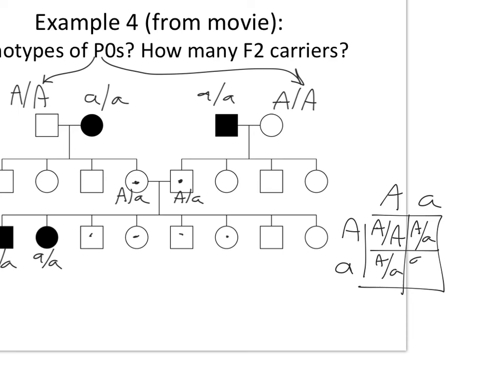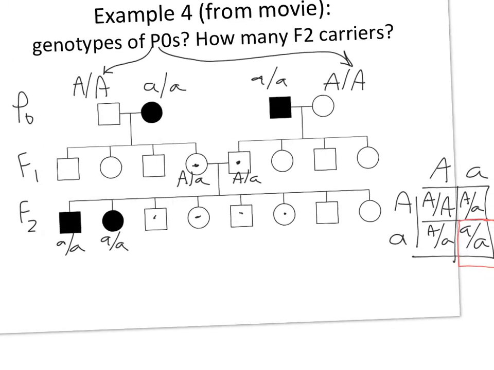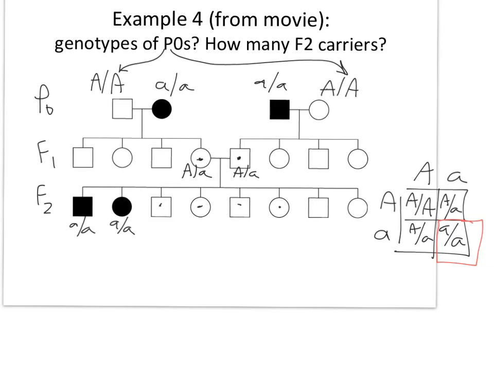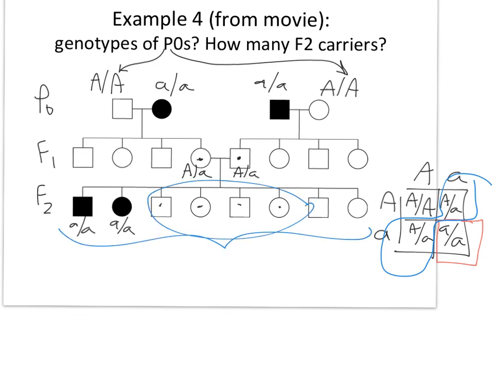So for every one diseased individual, lowercase a over lowercase a, you get 2 carriers, big A over little a. So if you've got 8 kids, you should have 1 affected, 2 carriers that are unaffected, and then a third unaffected kid. Would there be 2 more carriers in the F1 generation? Well, it's 8 kids, so for every 4 kids, 2 of them should be carriers. So if you've got 8 kids, then you've got 4 carriers,